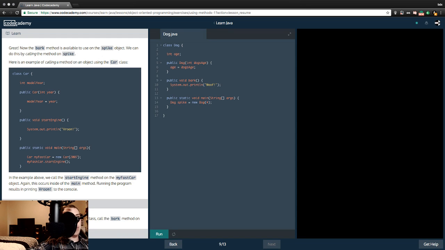Here's an example of calling a method on an object using the Car class. Integer modelYear, public Car(integer year) { modelYear = year; }, public void startEngine() { System.out.println("Vroom"); }, public static void main(String[] args) { Car myFastCar = new Car(2007); myFastCar.startEngine();